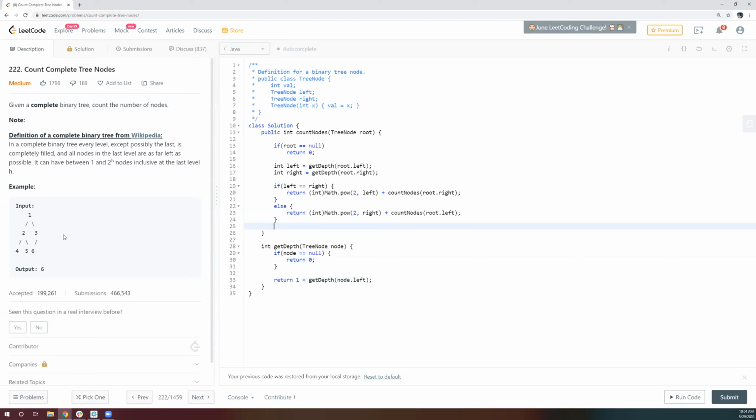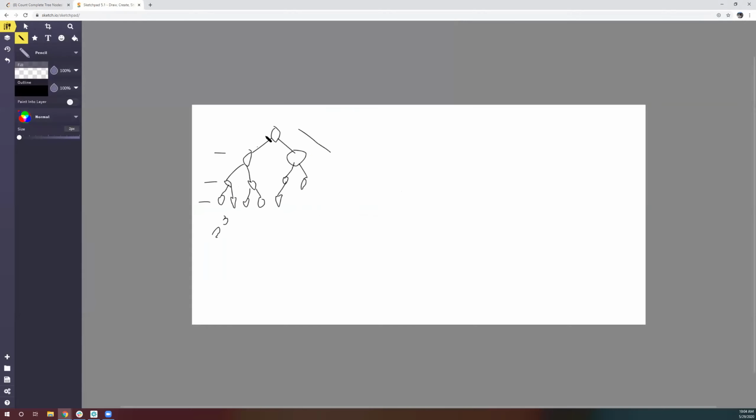Sure. So what I'm telling, we just need to take, because this is a complete binary tree, we always fill from left to right. So there won't be any case like I will keep on filling like this. This is not a complete binary tree. Correct. That is clear. So if I want to take the depth, I can take this height. I will go left, like this. That will give me how much nodes are on this side and how much is the depth on this side. Is that clear?